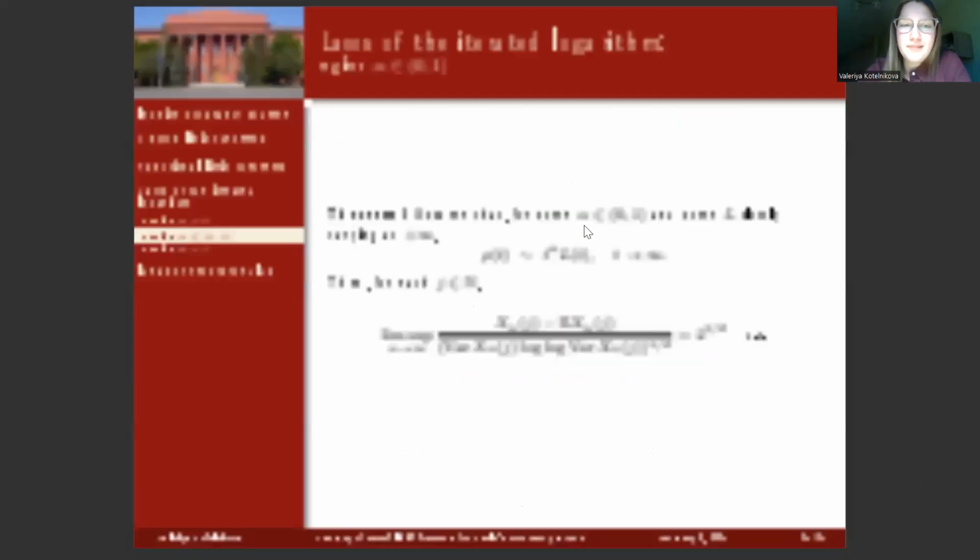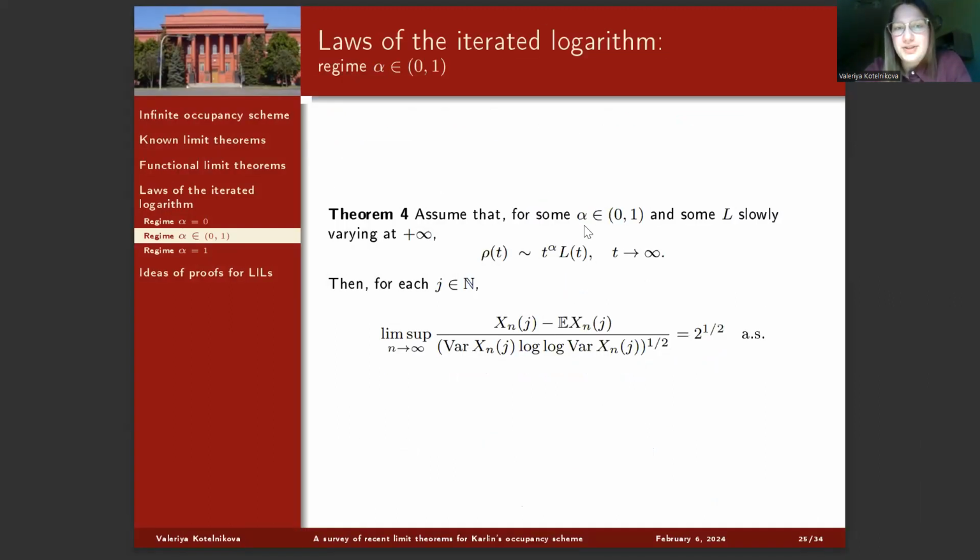Okay. Passing to the regime when alpha is from the open interval from 0 to 1. There were no complications in this case. So assuming that the counting function is regularly varying with such index alpha, we showed that the process X, centered by its mean and normalized by this function with iterated logarithm, has upper limit equal to square root of 2